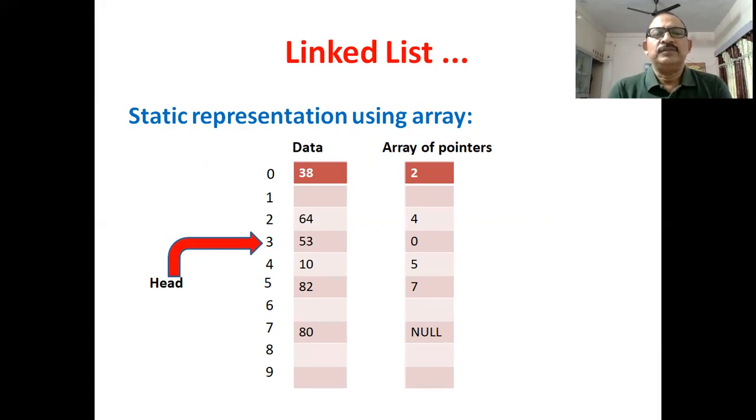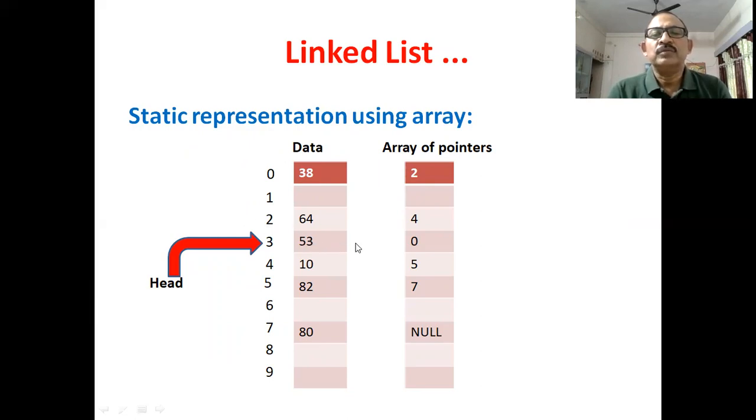Here you can see the head. Head points to the first node in a linked list. Here the head has the address 3 and it points to the first node, and the first node contains the value 53.